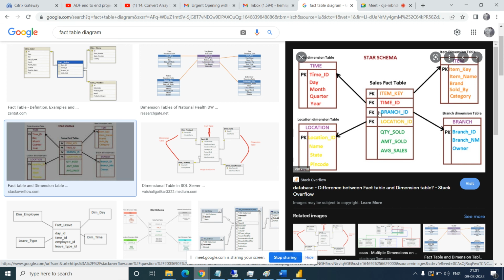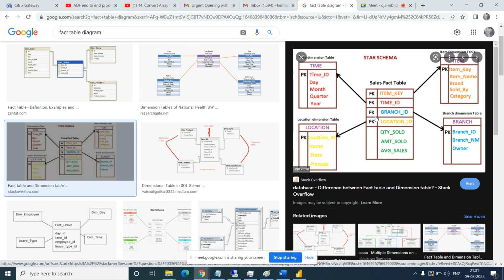That is a star schema. So the fact table is this one, and if all dimension tables are directly attached with your fact table, that is a star schema. Understood? Hello? Yes. Okay, so this is a fact table and this is a star schema.